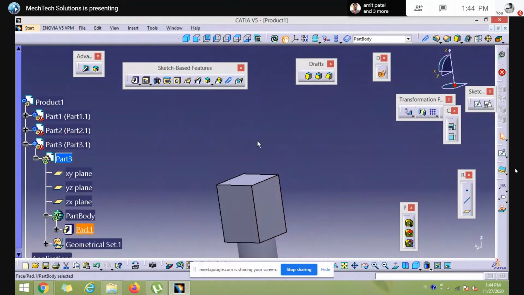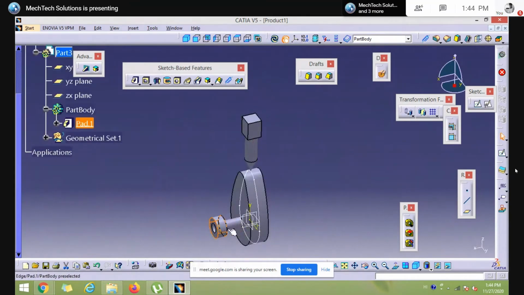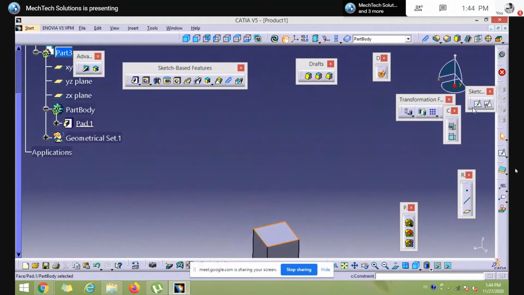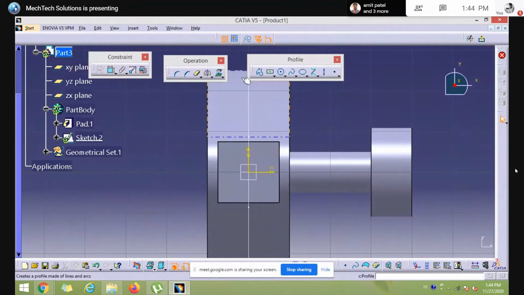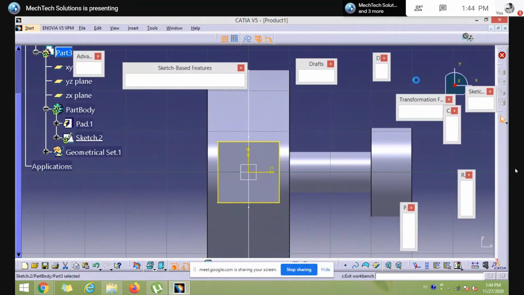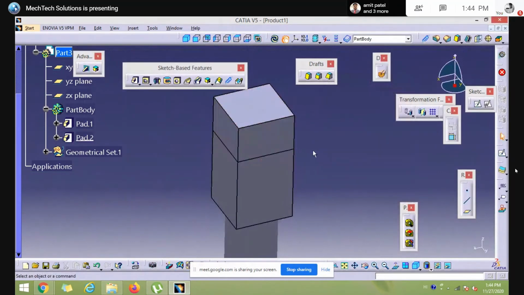But here we also need to create one more part, a fixed part, for creating the prismatic joint. So in the same part, it will be a third part. In the same part, we need to create one more part. That will be a square, or use the project 3D element, or you can create a square with dimensions of 15 by 15 by 15, something like this. So we have created the third part.